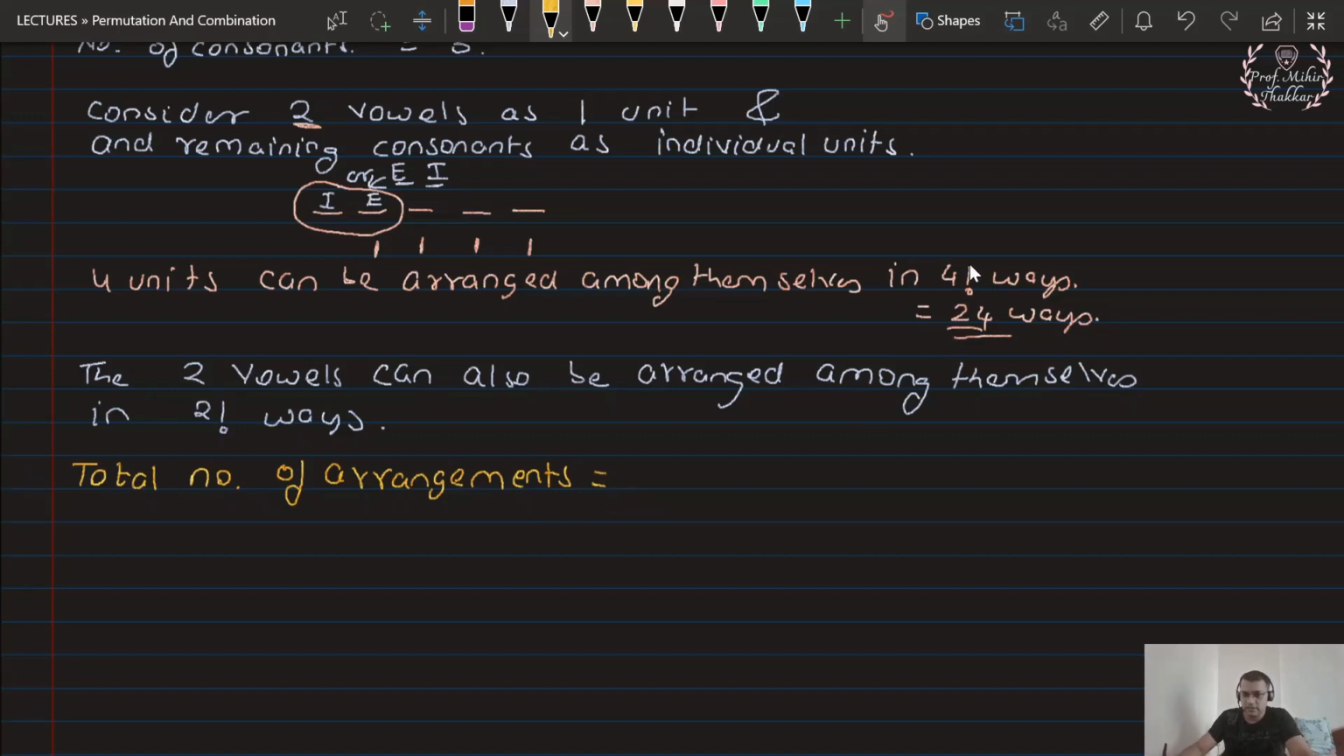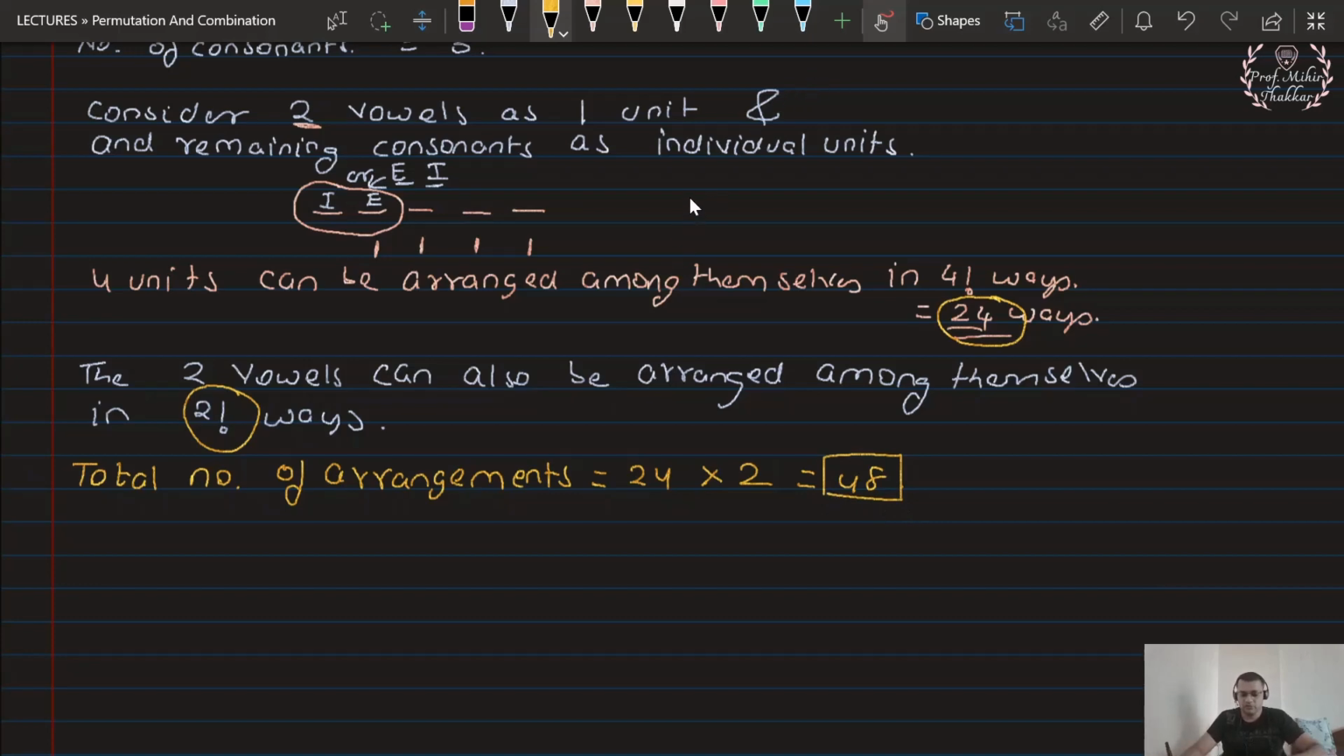I have to consider all the elements, consonants and the other units together, as well as the vowels. So it will come out to be 4 factorial, 24, multiplied by 2 factorial, 2. Why did I multiply? The simple logic is that I am considering all the consonants and the vowels together. Sometime back I had told you that whenever we come across the word "and", we have to multiply the possibilities. Therefore we multiply these both cases. So I get 24 into 2, which is equal to